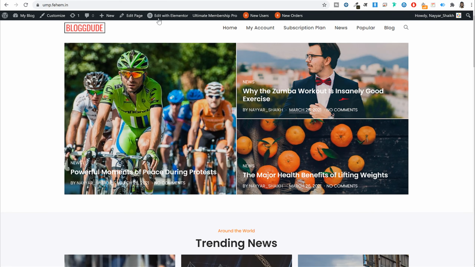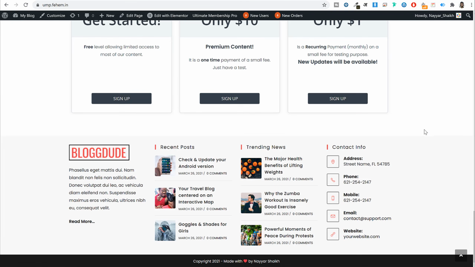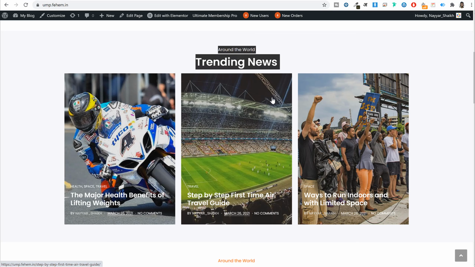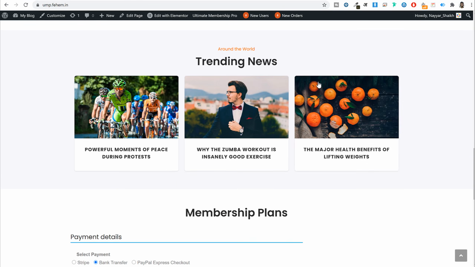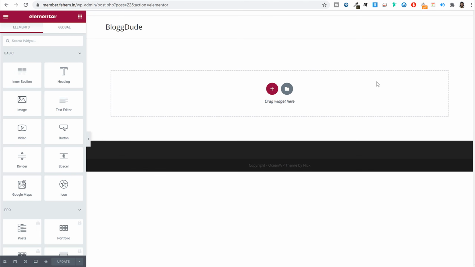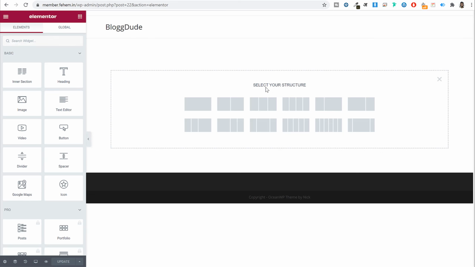Now if you see this website, in fact any website in this world, you'll see that every single website is divided into several sections. So here, as you can see, this is one section, this is another section, then this is the third section, fourth section. So we also create it section by section. For example, to create a new section, we click on this plus button and we select how many columns we want in that section.